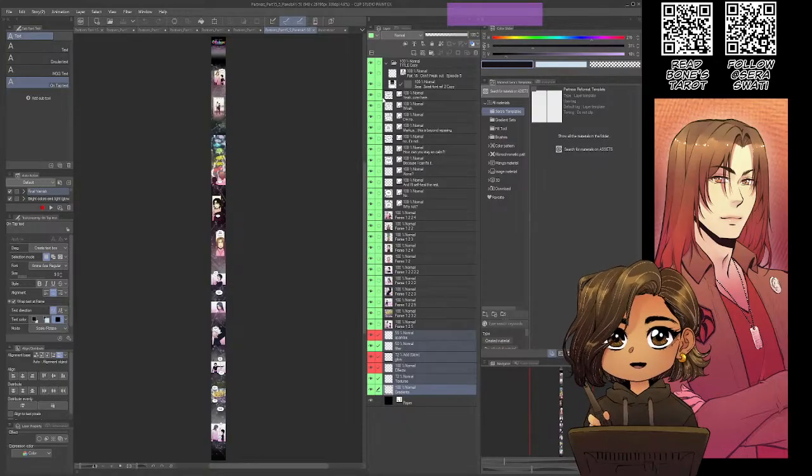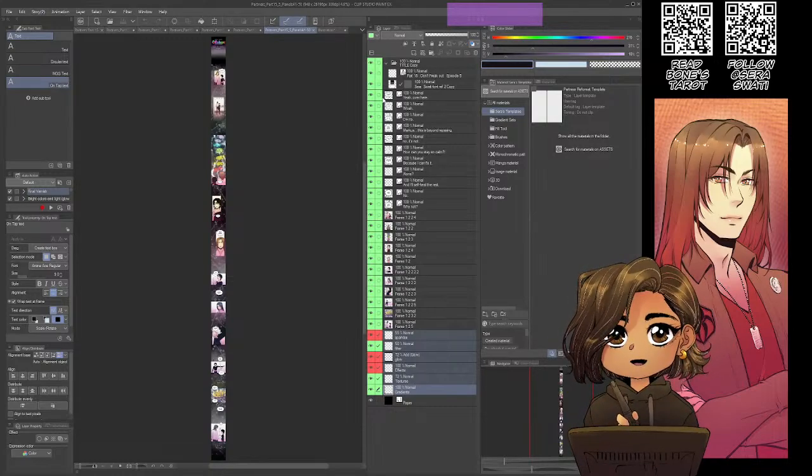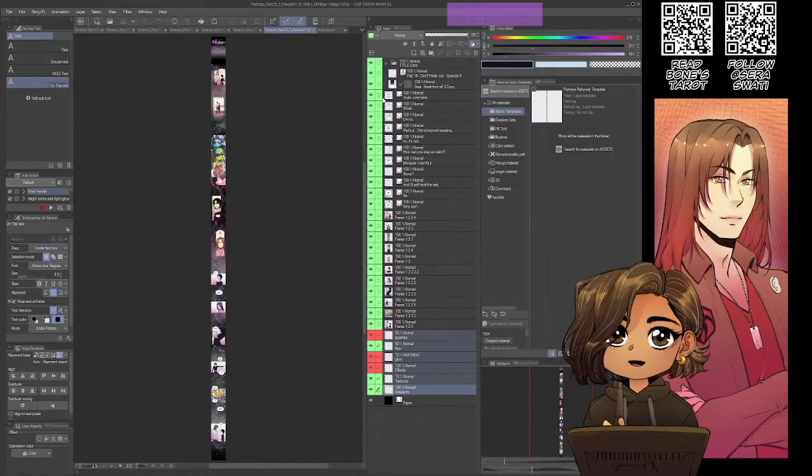If the anatomy PDFs are safe for work, then they're okay in the server. We're trying to keep the server PG-13. So even though drawing nudes is a college level thing, you start doing that stuff in college.